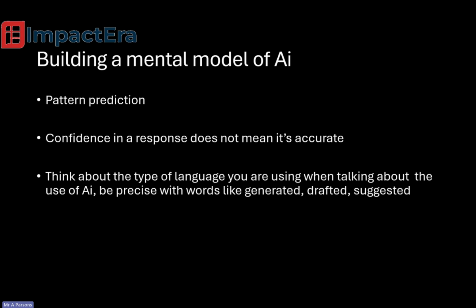Some examples from, again, the Microsoft training for it. But, it's not "AI made me this" or "AI said that this was right." Don't use those. Use more precise language. I used AI to generate something, or I drafted the letter that I'm going to send home to parents, or AI suggested some marking comments that we could use. And then as the teacher, I read through all of that. I checked the draft for the letter. Was it right? Were dates correct? Had it put anything in there that was wrong? Do I need to change anything? So be precise, that use of language with people.